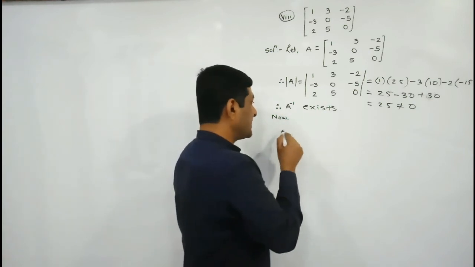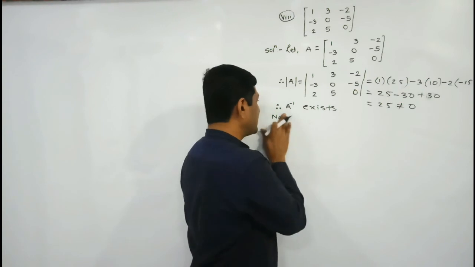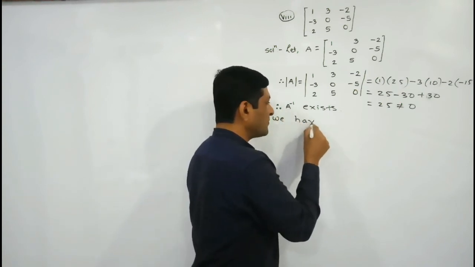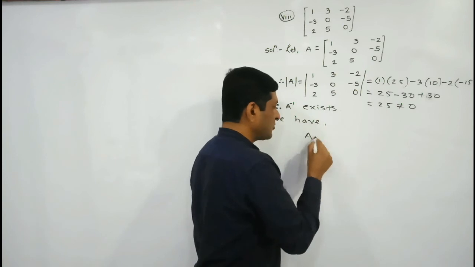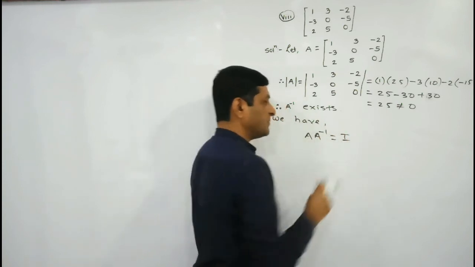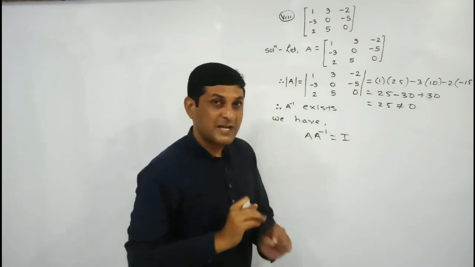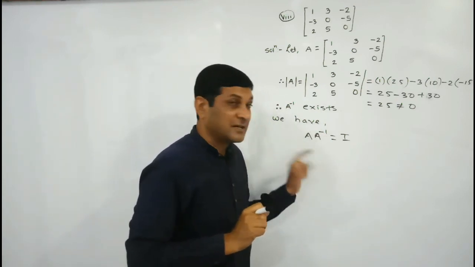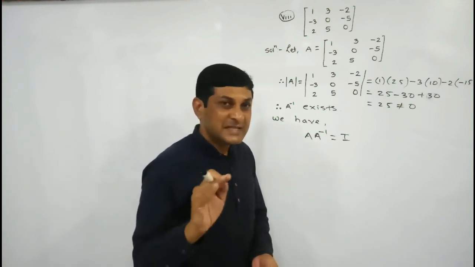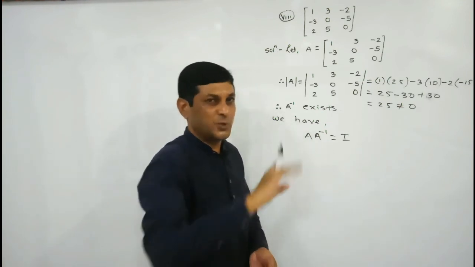So we have one condition, so we are applying that condition. Which condition we are applying? If we have to find out inverse of a matrix applying row transformation, A into A inverse is equals to what? Identity matrix. Means in case of row transformation, this post factor remains what? Constant, and we have to find out value of A inverse. That's why A inverse should be our post factor.